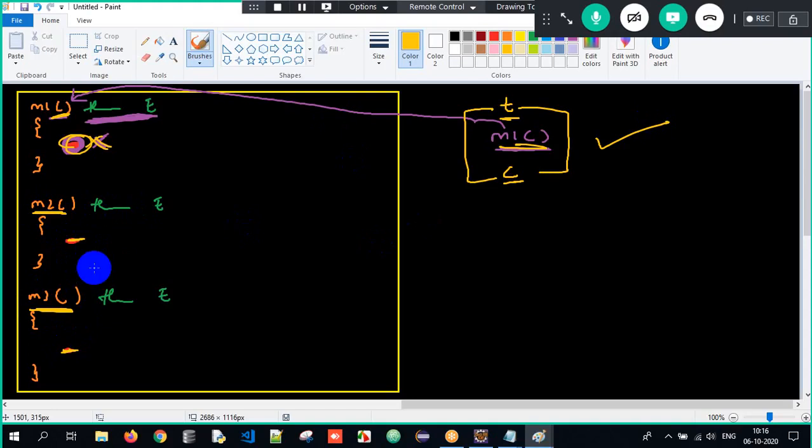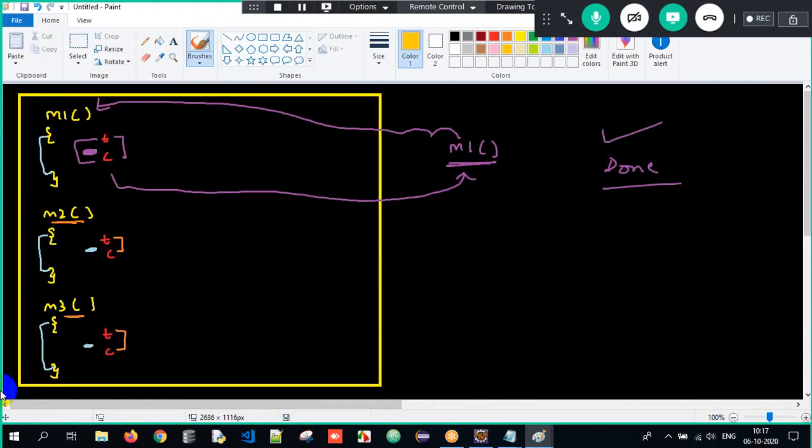Misuse of costly resources. Imagine I'm having only three methods. In real time, we will be having 1,000 methods. Will you use all the 1,000 methods at a time? No. You might use hardly 4 or 5 methods. Is it necessary to handle all the exceptions in all the 1,000 methods? No. Only when you try to call it, that is when you have to handle it. So that's the reason to make it a bit efficient, not trying to misuse the resources.